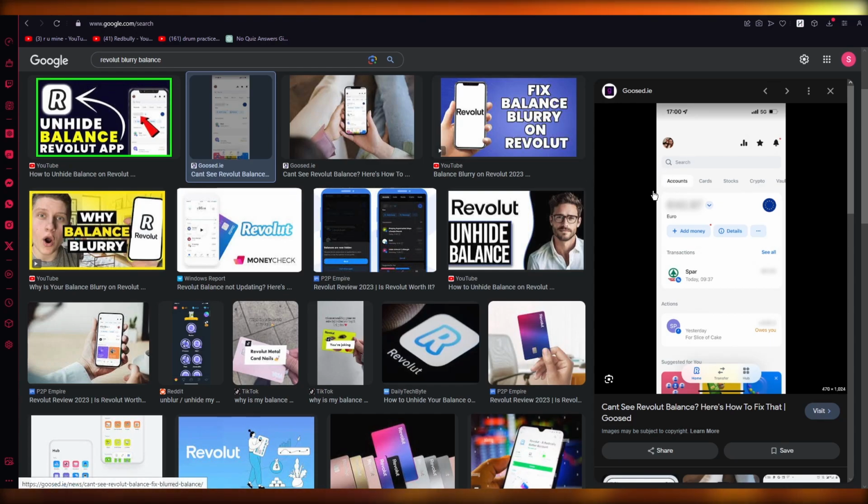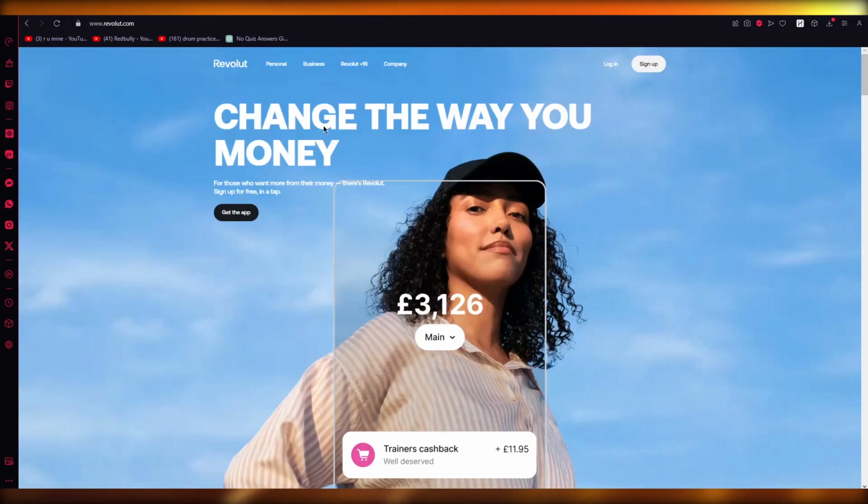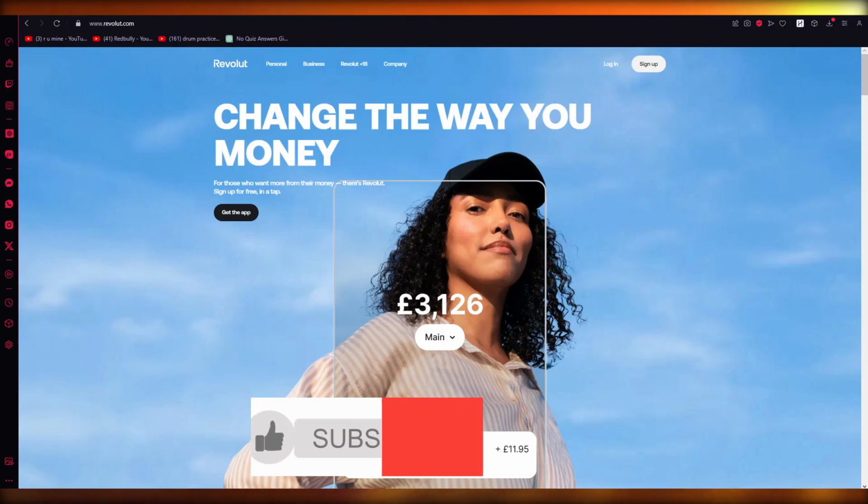And once you do that, you're going to go on security and privacy, and it's going to give you an option that says hide balance. Okay. And if that is checked, which it probably will be if your balance is blurred, then you're just going to uncheck it, and that's going to unhide your balance on Revolut. And that is how you are going to reveal your balance in your